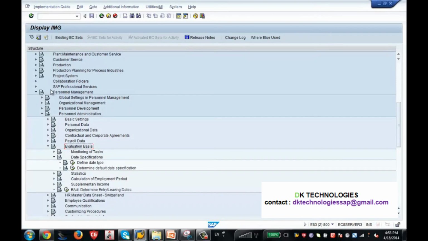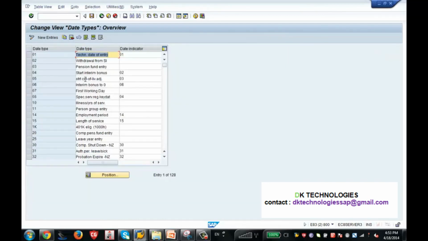So you know how to navigate till here: Personnel Management, Personnel Administration, Evaluation Basis, Date Specification, and then you define the date type. You click here on the date type. These are the different date types which you can create.